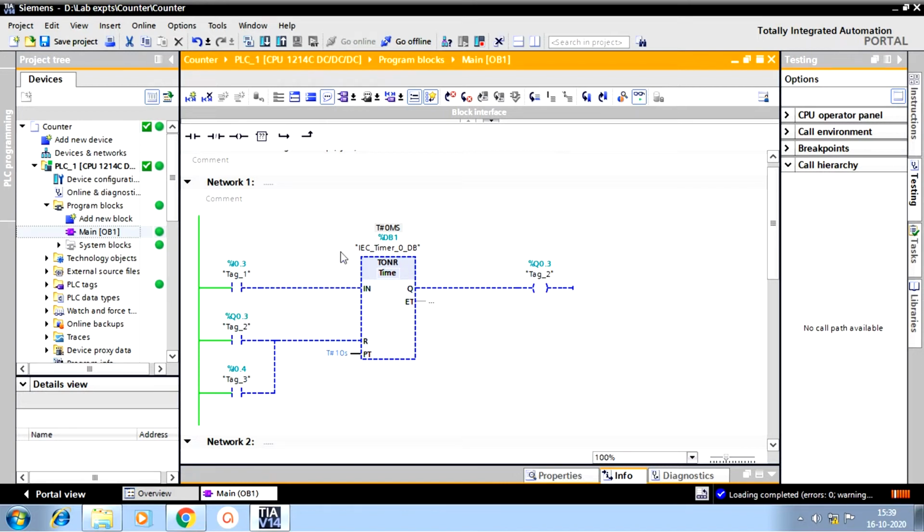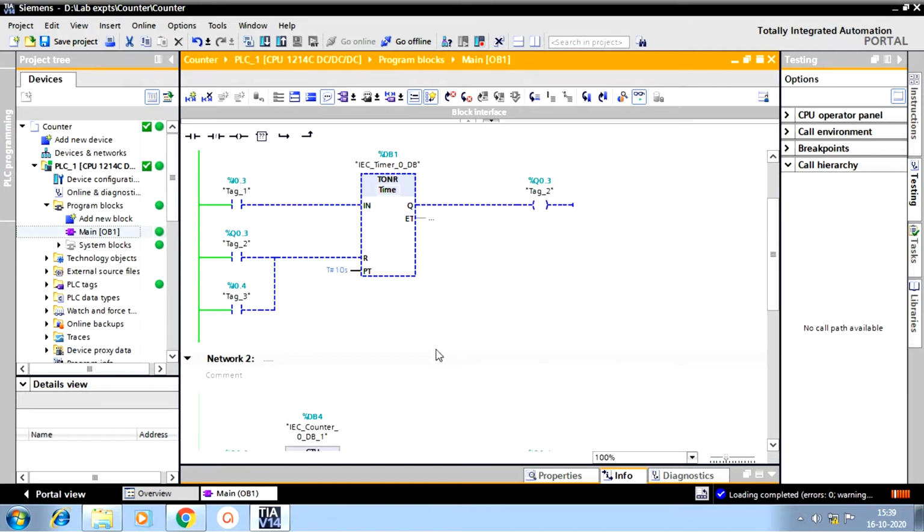When this goes on, the timer will start to time, and once the preset value is reached, we will get an output here. Now the problem statement is such that I have to make this timer run for a count of 5 times. So this output is given as a reset to this timer.